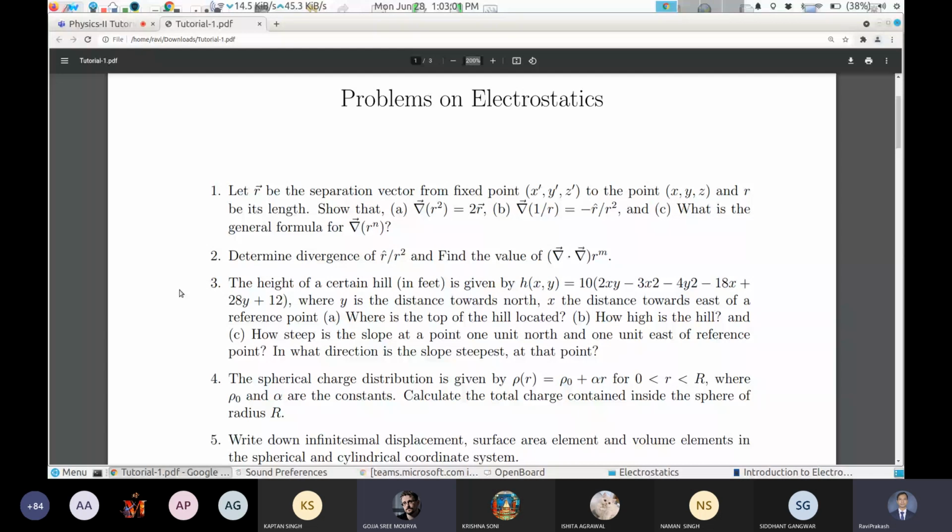No. So when divergence is 0, all it means that net outgoing field is 0. Net means whatever is the incoming, same amount is the outgoing. So incoming is equal to outgoing. It does not say that there is no field. It says the incoming and outgoing field has to be same. Now the same number can be a non-zero number, and it can be a zero number also. That we do not know.